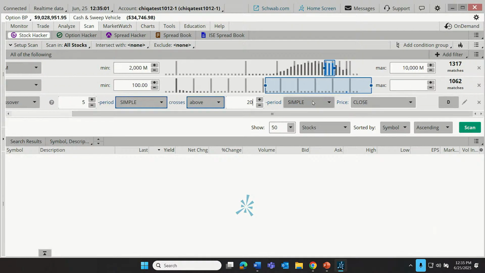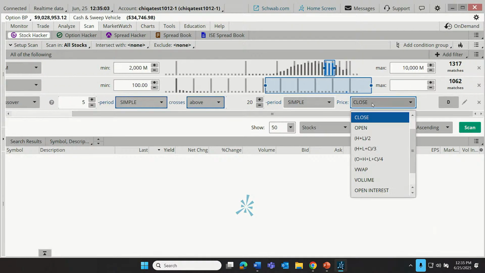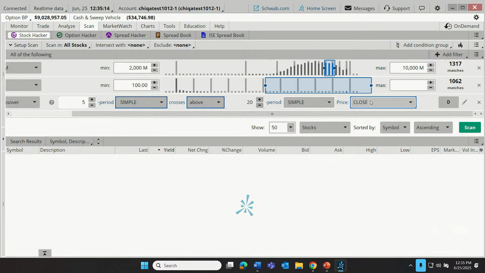Now, we could come over here and change some other inputs. We could change this from the simple moving average using closing values or opening values or high plus low divided by 2, an average value. We're just going to stick with close, and we're going to stick with daily candles.